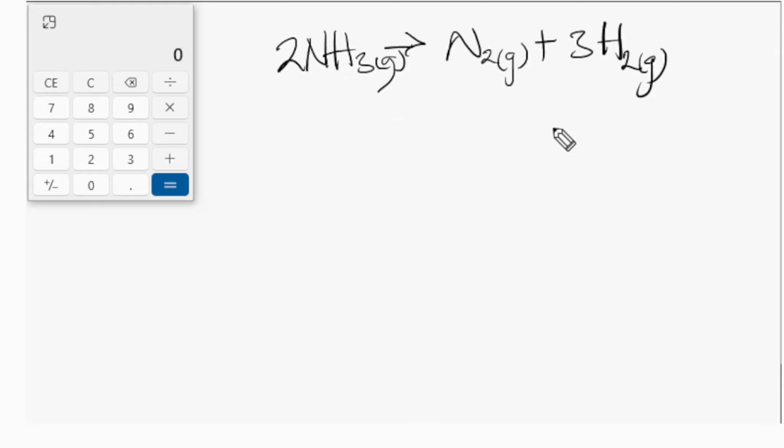So having gotten this equation of the reaction, we have to know their ratio, and that's 2:1:3. So guys, it means that when 2 molecules of this dissociates, we'll produce 1 molecule of this and then 3 molecules of this. So guys, if 100 cm cube is the volume of ammonia here,